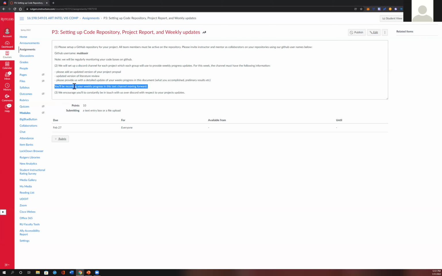Think of this as essentially a log, like a blog, or a record of your progress over the course of this class. And in general, please also think of this as an opportunity for us to provide you all with real-time feedback. As we read these documents that you all are generating, we can give you a very clear indication about whether you are going down the right path, or if there are any concerns we might have, we can bring them up directly on Discord.